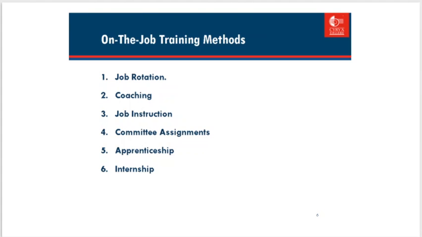Fifth, apprenticeship. Apprenticeship is a formalized method of training curriculum program that combines classroom education with on-the-job work under close supervision. The training curriculum is planned in advance and conducted in careful steps from day to day. Most trade apprenticeship programs have a duration of 3 to 4 years before an apprentice is considered completely accomplished in